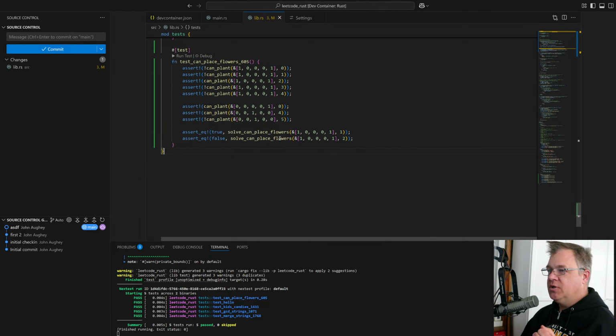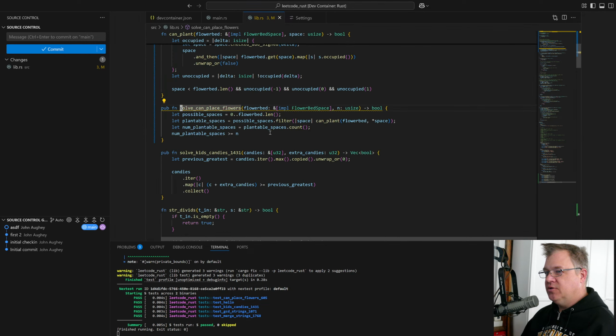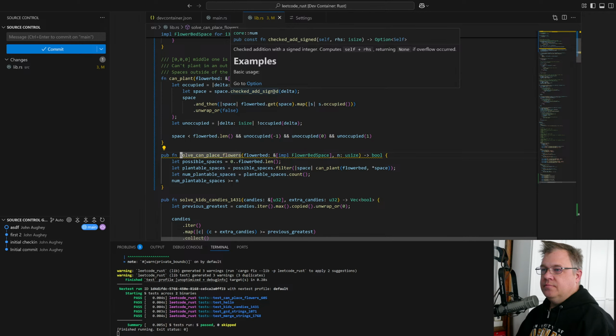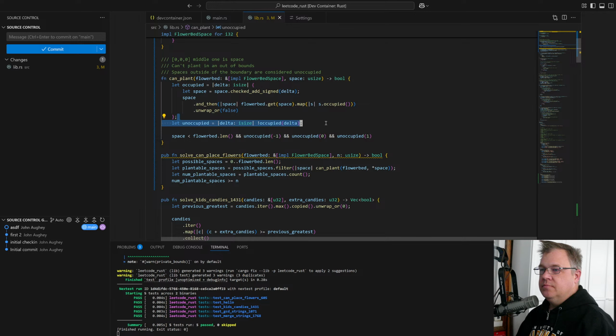I'm looking to make sure that I am absolutely sure that this works. And so like this, can we plant here? I know this is right.